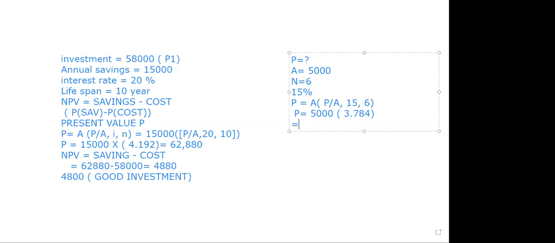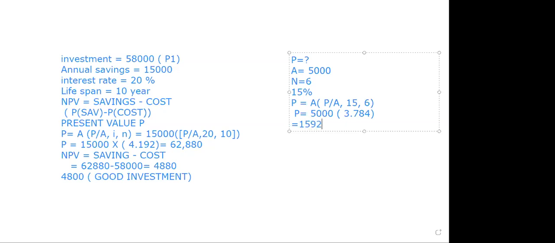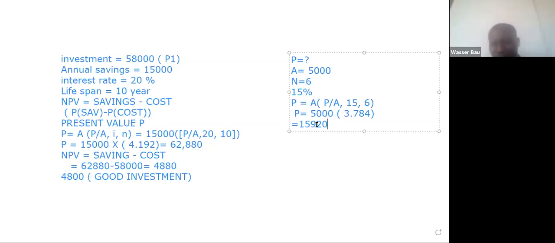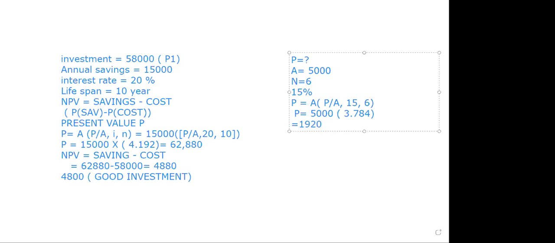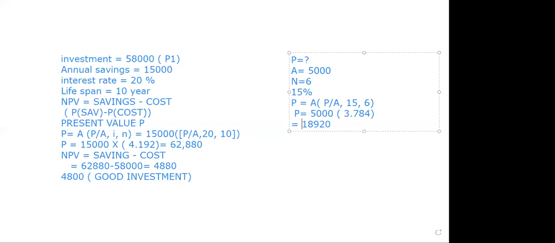18,920. 15,920. Okay, 15,000. No, not 15. 18,000. When you multiply $5,000 with the value 3.78, to give you what? It's 18,920. Oh, sorry, 18,920. So, gentlemen, it means that if this foreign company or the local company or international company